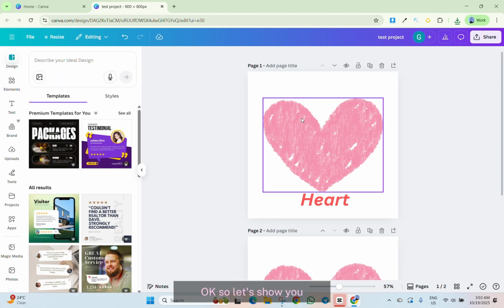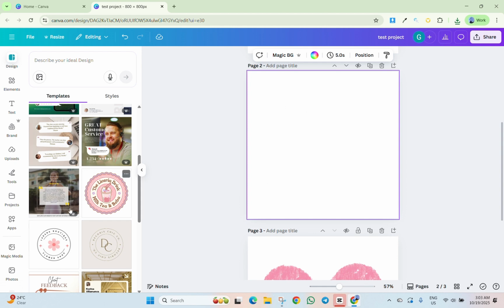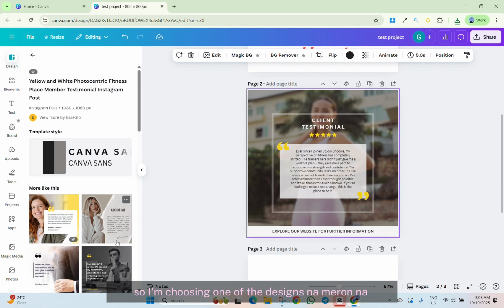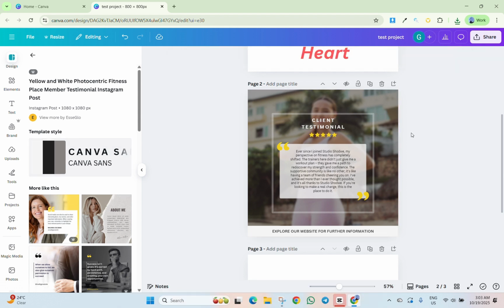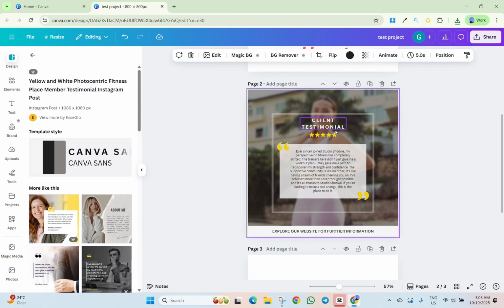Okay, so let's show you. I'm choosing one of the designs na meron na. Okay, so now, I will show you how to do the layering.